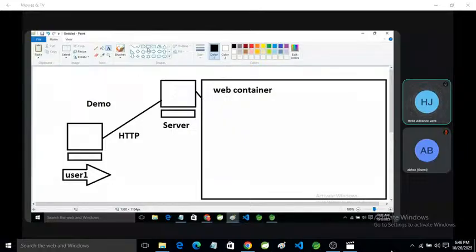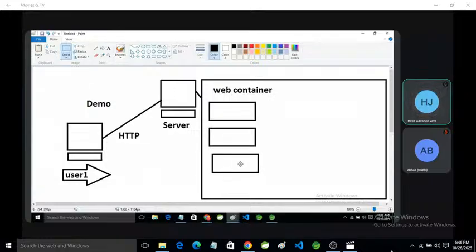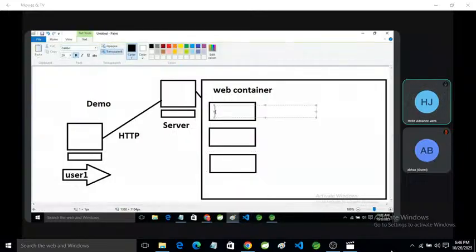So the web container contains all the servlets. Suppose the web container has your program with a demo servlet, a home servlet, and a contact servlet.